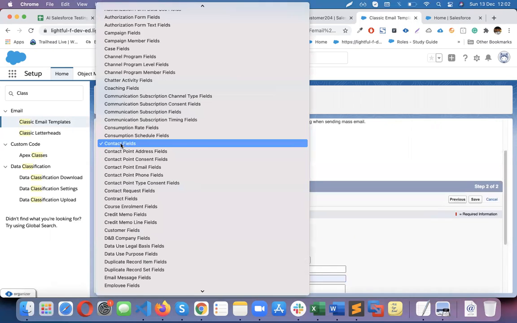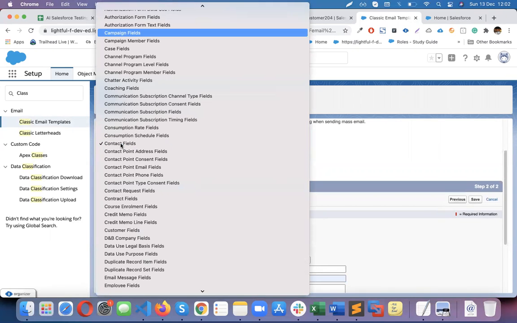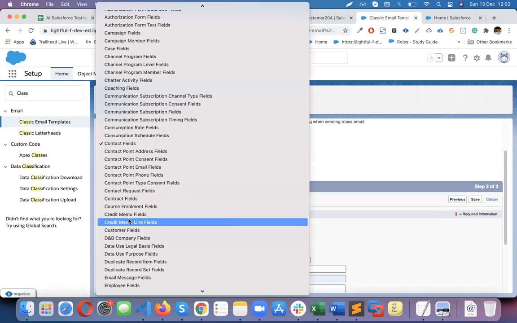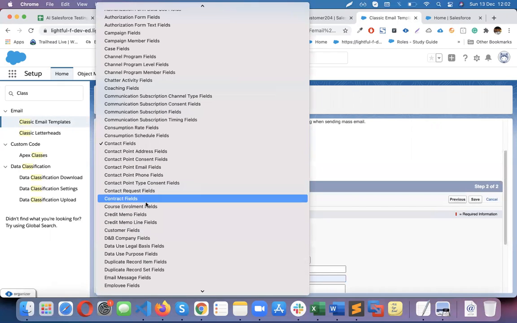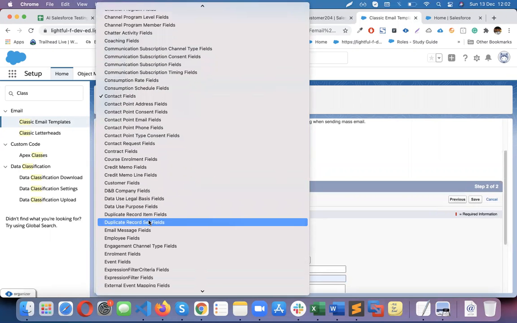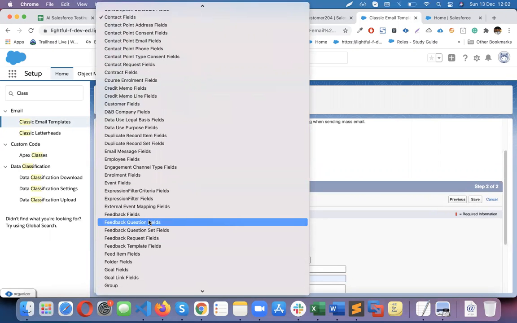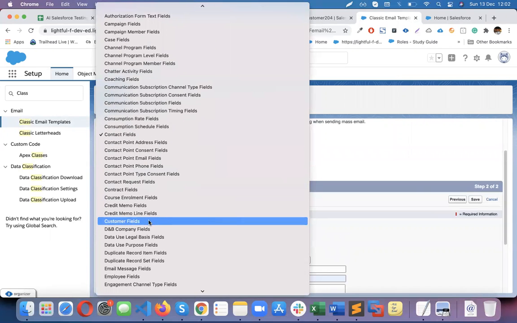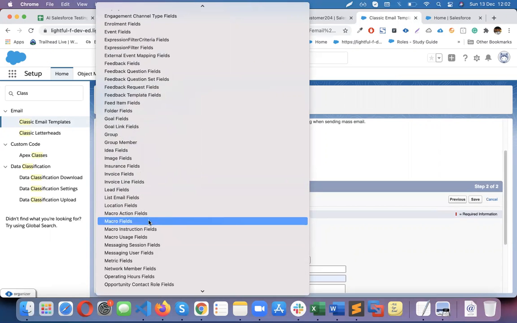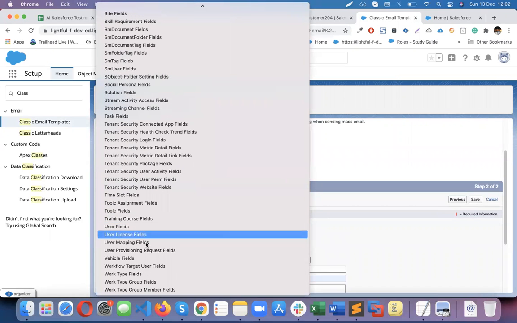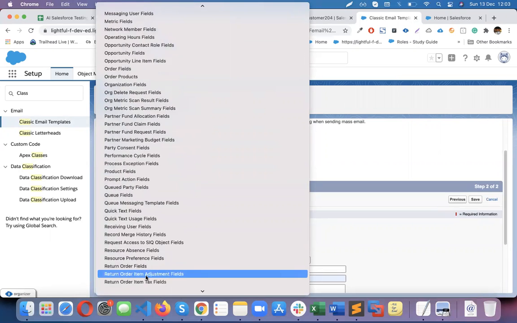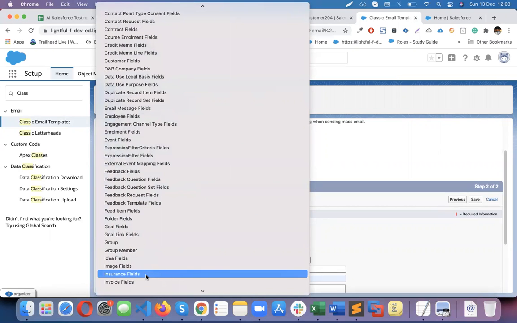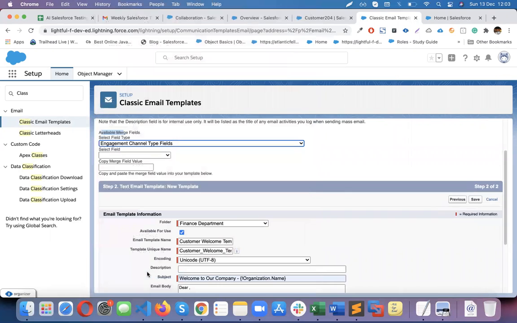You can select the object, let's say customer. That is the customer object. Can't you type CUS like that? Yeah, you can.